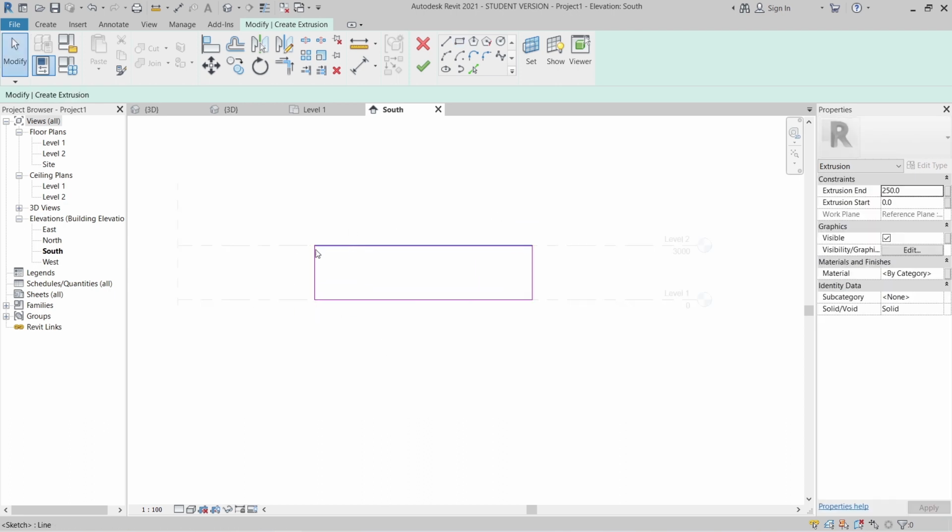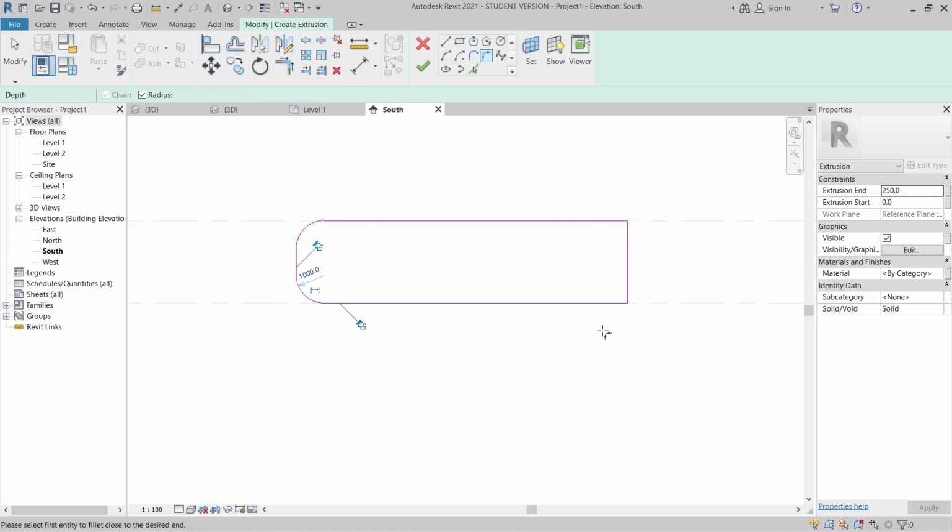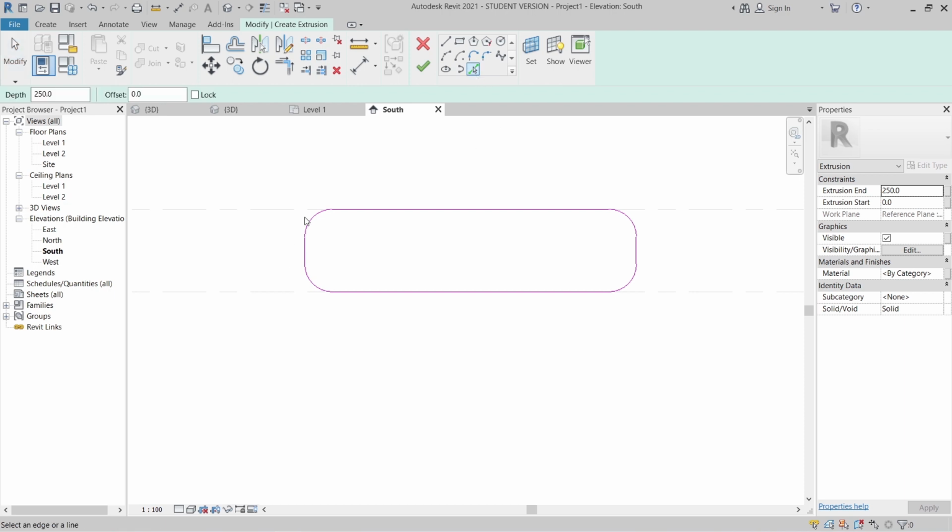So I need to fillet our corner here first. Go to our fillet arc here, radius, make it 1 meter. Select our first point and second point, as you can see. Then we repeat our process here. Hit escape a couple times. First, choose Pick Line. I will offset for our thickness about 25 cm or 200 millimeters. Just simply pick my previous one, hit escape a couple times.